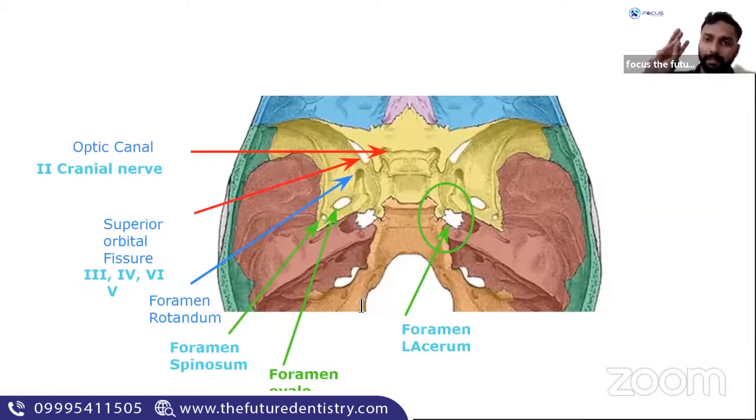We studied the first cranial nerve, that is olfactory, the second cranial nerve, that is optic, and the third, fourth, fifth, and sixth now. So did we complete all the cranial nerves? Did we? Yes or no? Are you listening? Why? Because previously we saw 7, 8, 9, 10, 11, and 12. So this part we just completed the first 6.